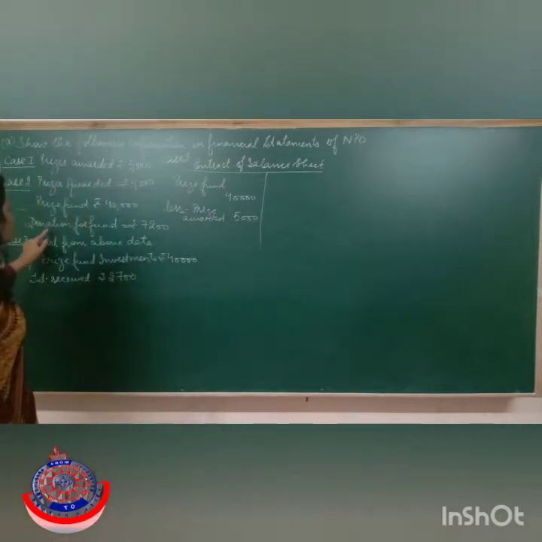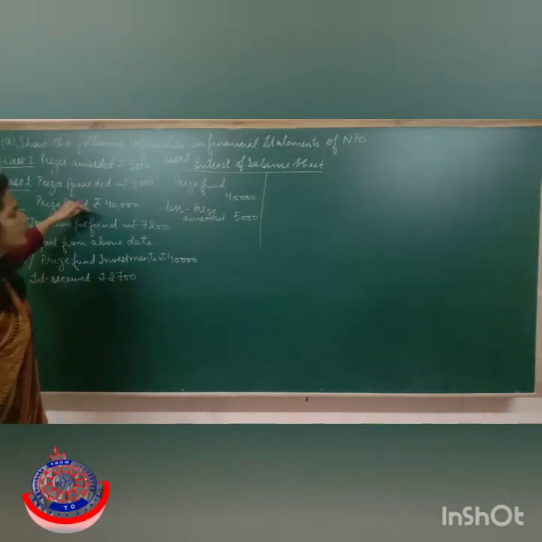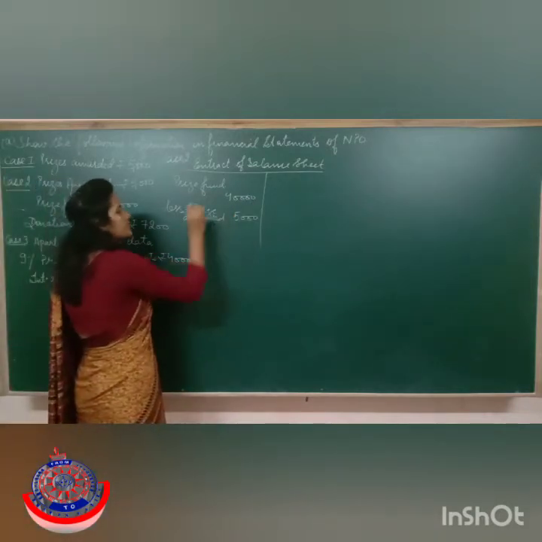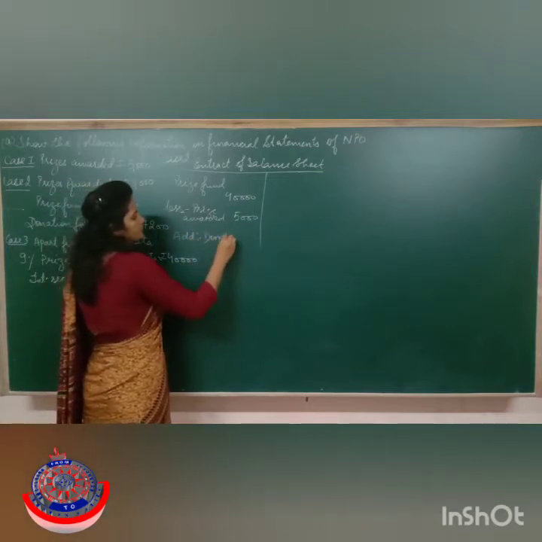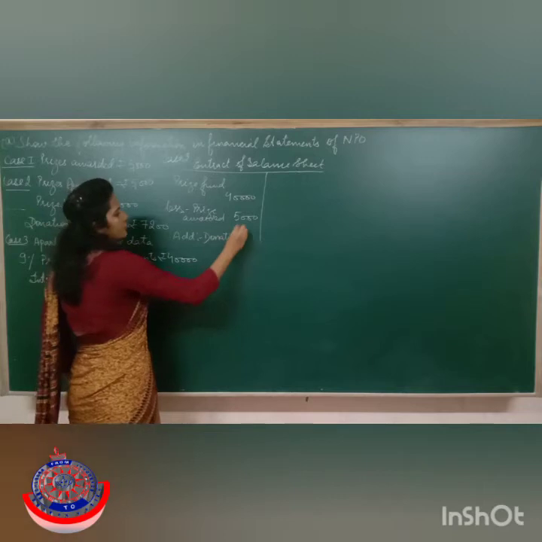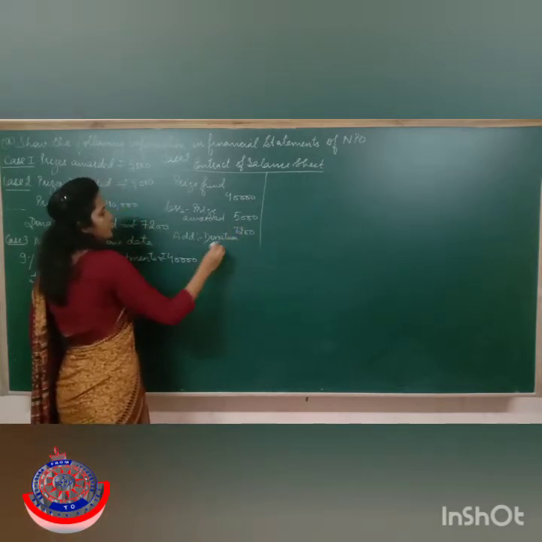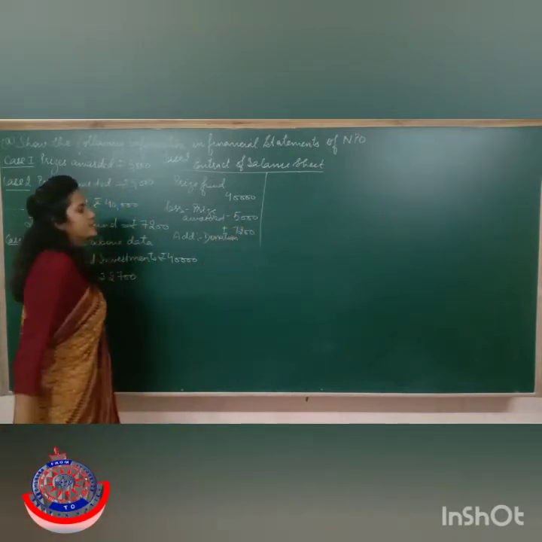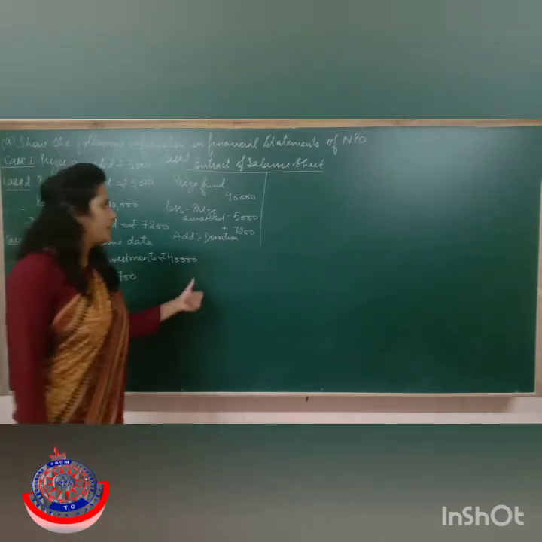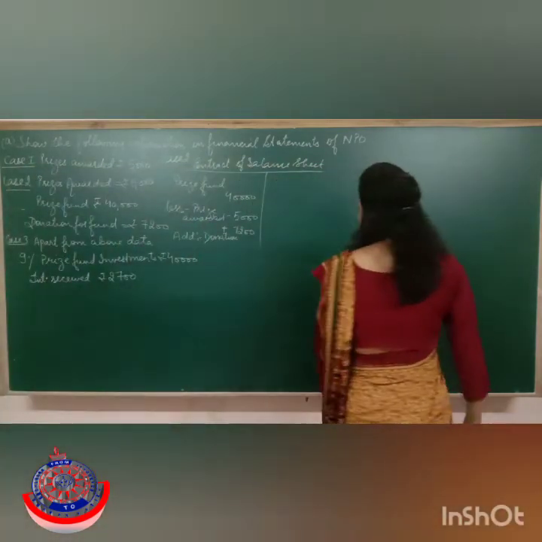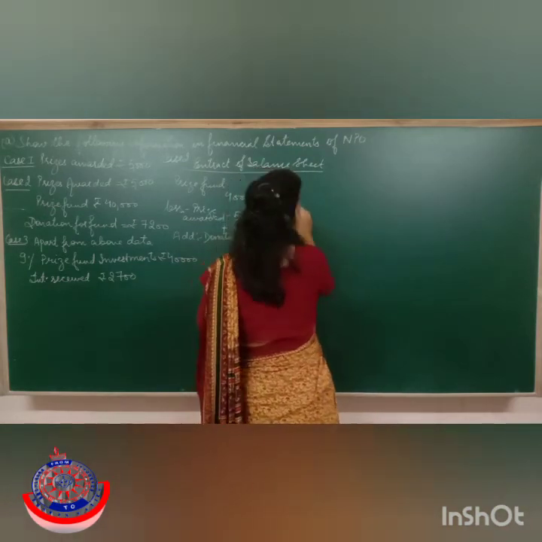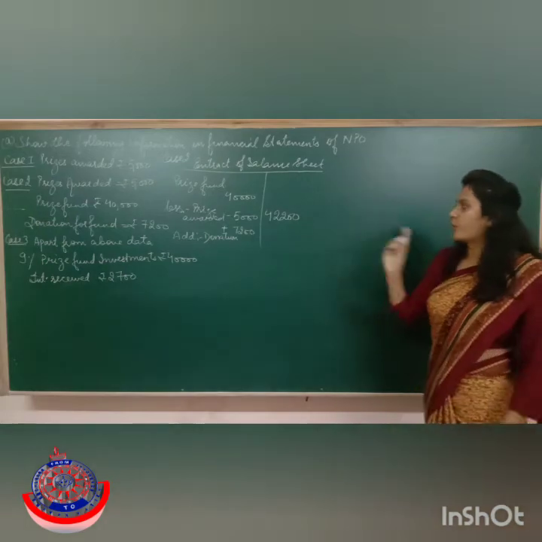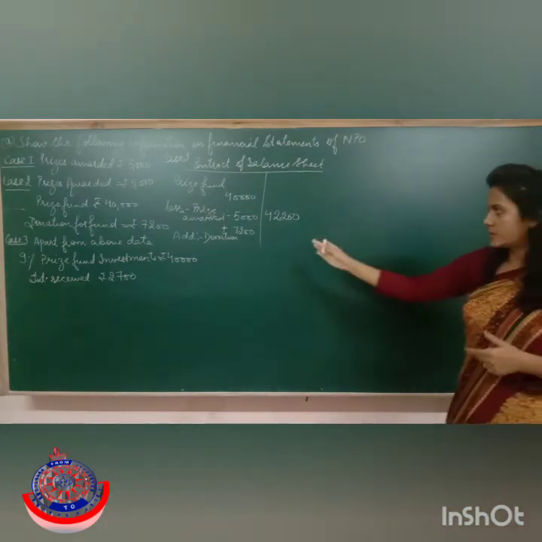Then the next item is donation for the fund. Now you have got donation for this fund only. So this donation must have increased the amount of the fund, so I need to add this donation here. Donation is of rupees 7,200. So 5,000 is to be subtracted and 7,200 has to be added. So that way it becomes 42,200. I hope this point is clear to you, right? Just have a look at this.